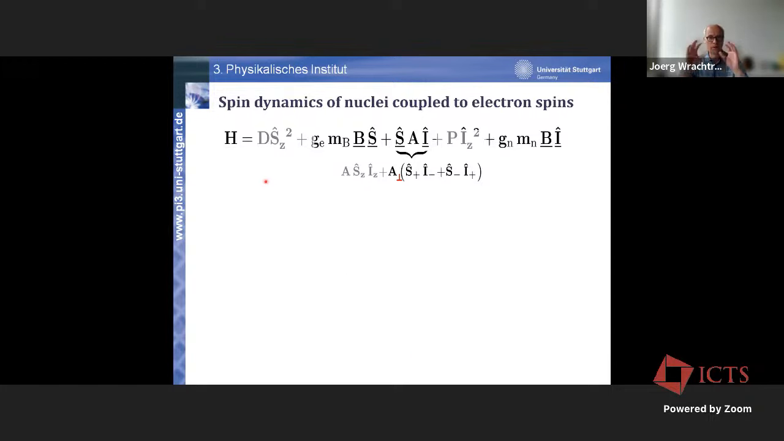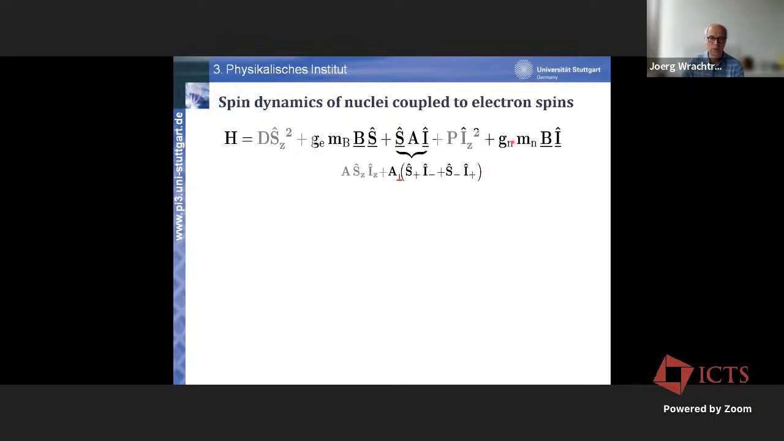Actually, the Hamiltonian describing the combined electron nuclear spin system comprises electron parts. This is this part here. That's the dipolar spin-spin interaction part. This is the part of the electron spin interacting with the external magnetic field. This is the hyperfine interaction part, and these are all nuclear parts where the nuclei interact with the external magnetic